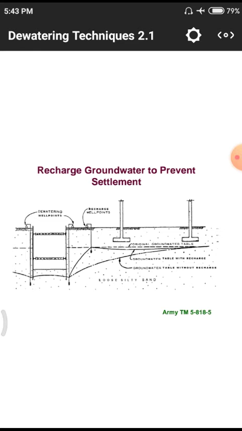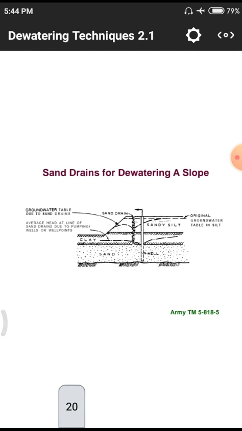Why? Because if groundwater dries completely, automatically a huge amount of void is there. Due to those voids, settlement will occur on the structure, so that the total structure will be in danger. To remove those danger conditions, we have to surcharge or recharge some amount of water by using these groundwater recharge techniques. This is also one of the important techniques.